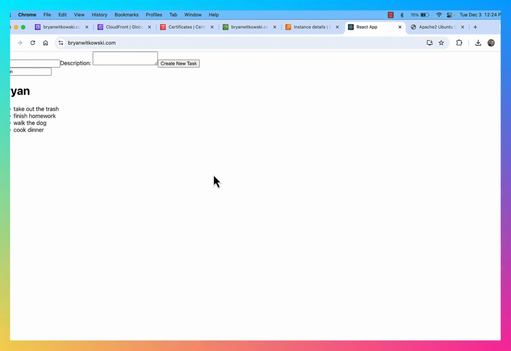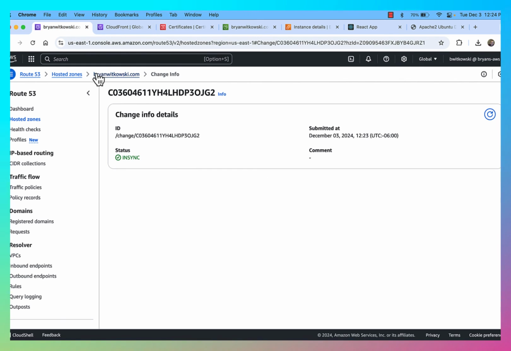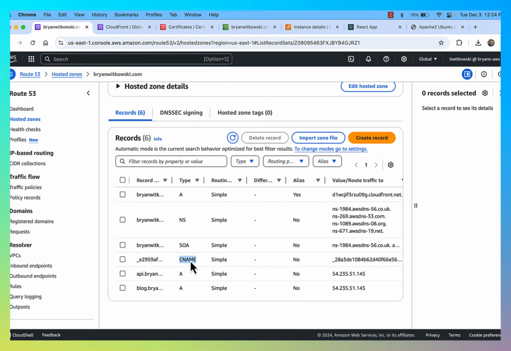What I'm doing is connecting to a CloudFront distribution that's in front of that bucket, and that CloudFront distribution is tied to my SSL certificate. Okay, and that does affect my hosted zone in that I have a couple of other records. So I have that CNAME record for the certificate, and then I also changed the A record to point to